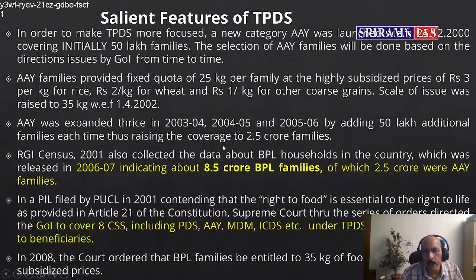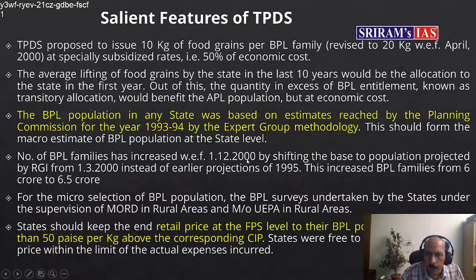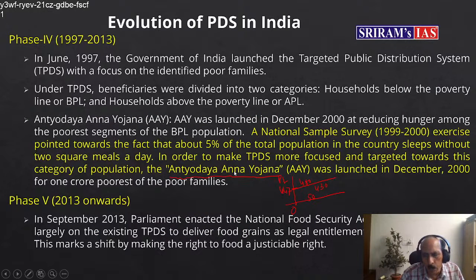Three categories were there, but APL was not a mandatory category. APL was to be included only subject to the availability of the excessive food grains. If food grains are not available in the excessive quantity, then the first priority to be given to AAY, second priority given to the BPL families. Thereafter, if something is left, only then APL will be covered, otherwise APL will not be covered. And this discretion was given to the states. Therefore, from 1997 till 2013,